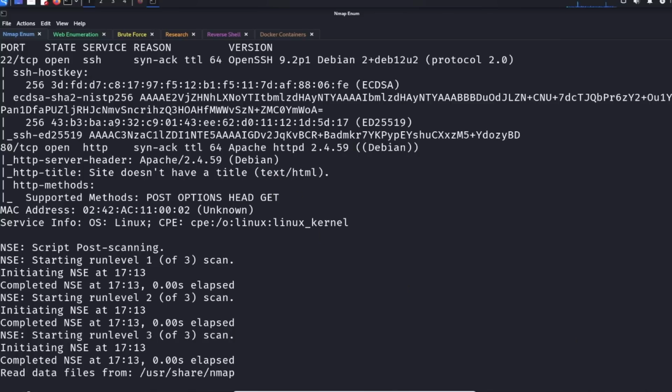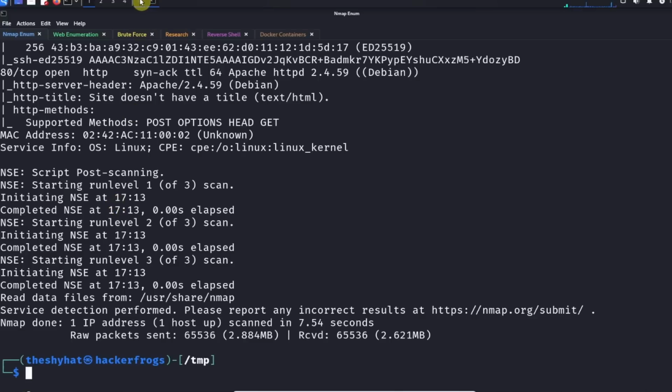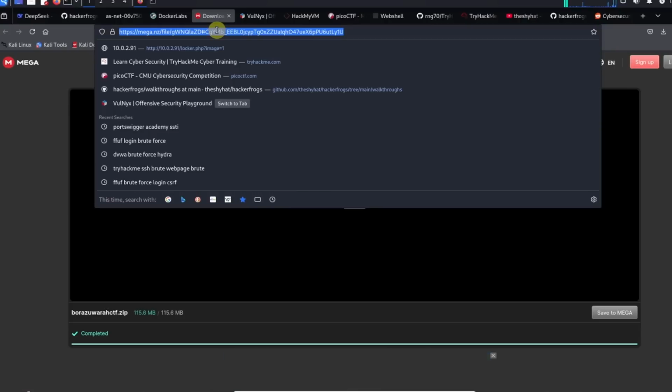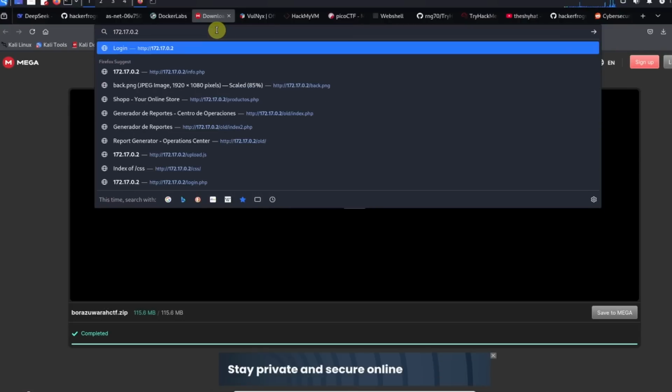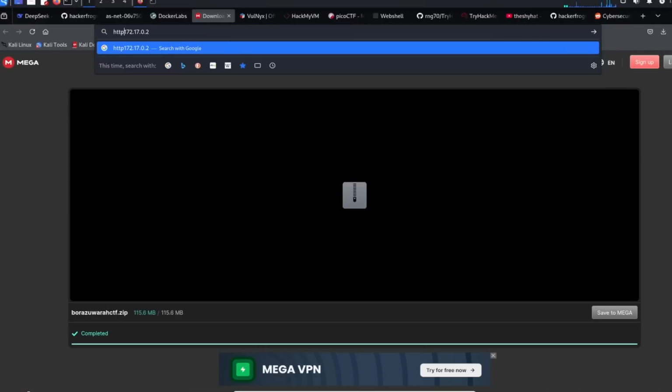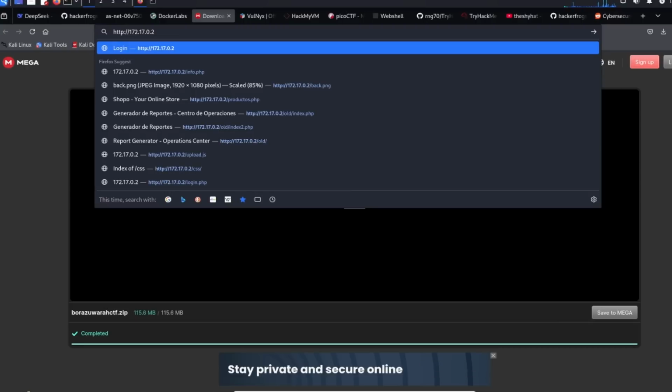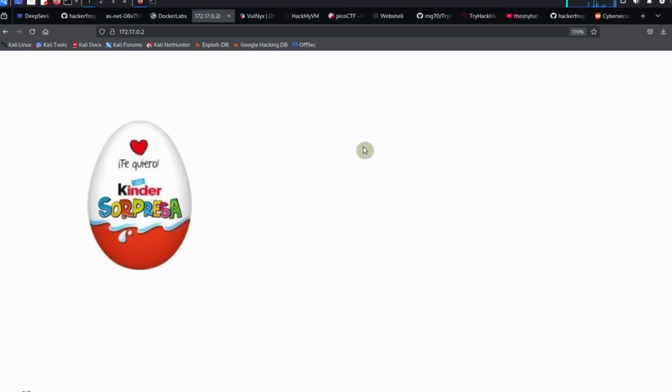And what we need to do is inspect the web page associated with the web application. We're going to go to our web browser, and in the web browser, we're going to paste in the IP address. But in front of the IP address, we're going to prepend it with http:// When we navigate to this page, the landing page,